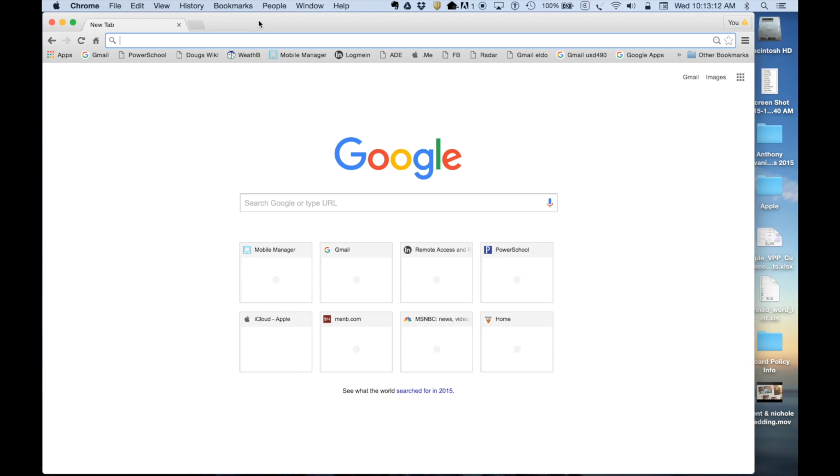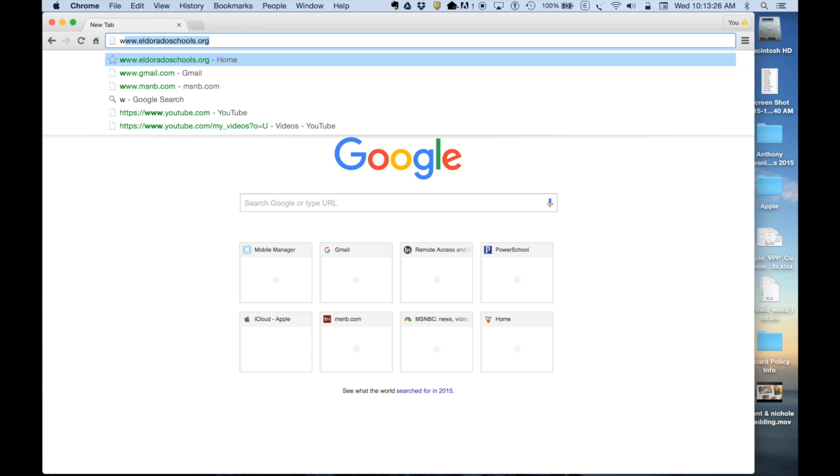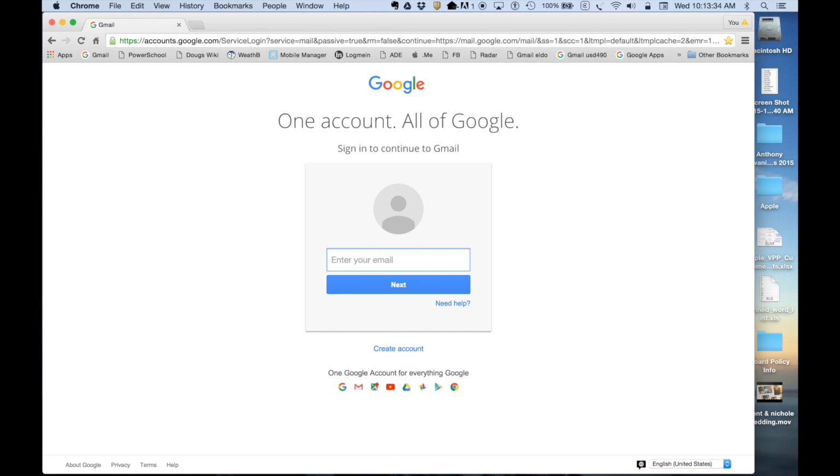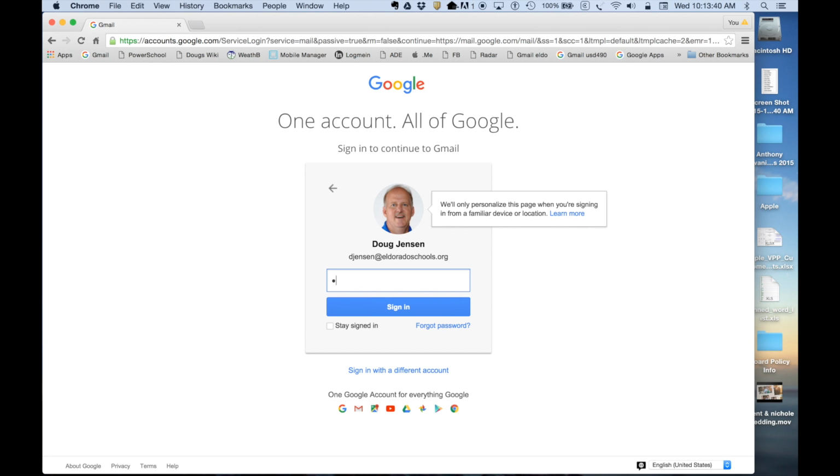And so in here, the first thing you need to do to get your Google Classroom is just go ahead and log in from a web browser into your Gmail account. There's a link on eldoradoschools.org, or you just go into www.gmail.com and you can log in with your account. So I'm going to go ahead and log into mine, and there's my account. Put in my password